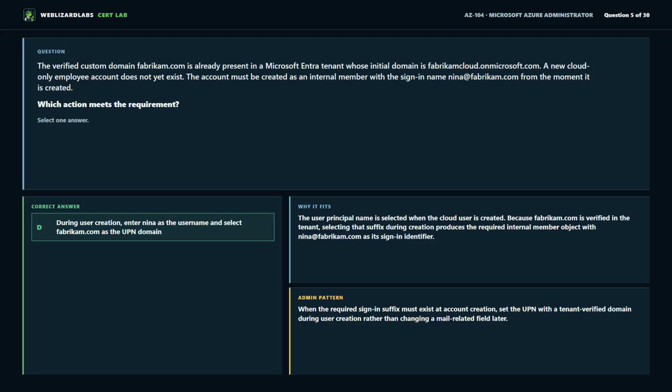The correct answer is D. During user creation, enter Nina as the username and select fabricam.com as the UPN domain. The user principal name is selected when the cloud user is created. Because fabricam.com is verified in the tenant, selecting that suffix during creation produces the required internal member object with nina@fabricam.com